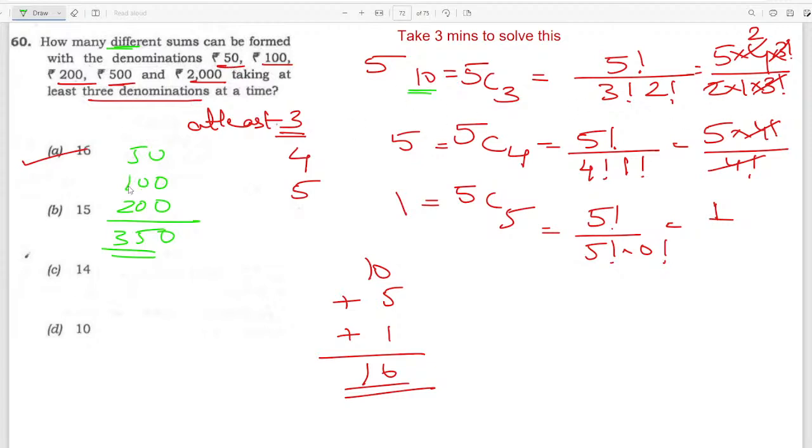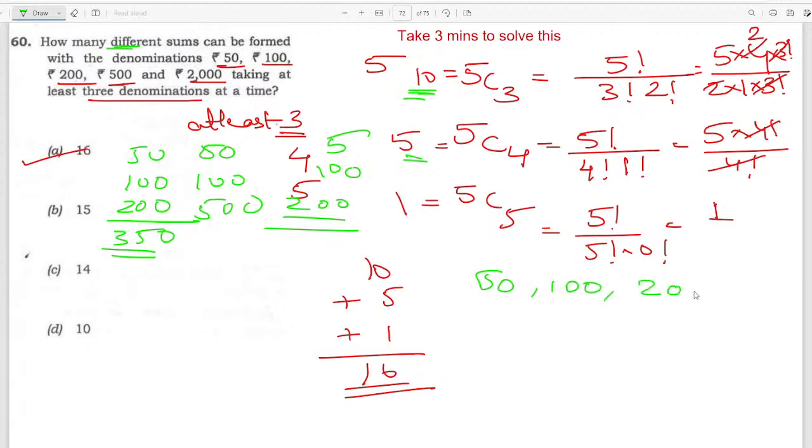For example, 50, 100, 200 is one combination. 50, 100 and 500 is one combination. And 50, 100 and 2000 is one combination. Like this, if you do, you would get 10 combinations. Similarly, if you take 4, you would get 5 combinations. If you leave out one every time, you would get 5 combinations. For example, 50, 100, 200, 500. This is 1. Now I leave out this 50: 100, 200,